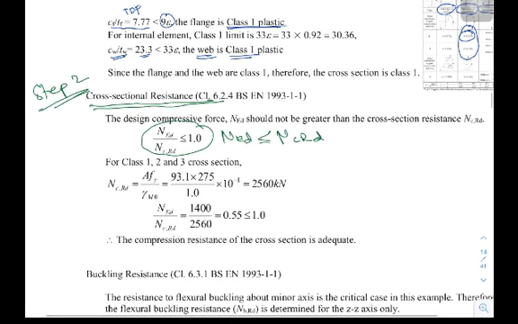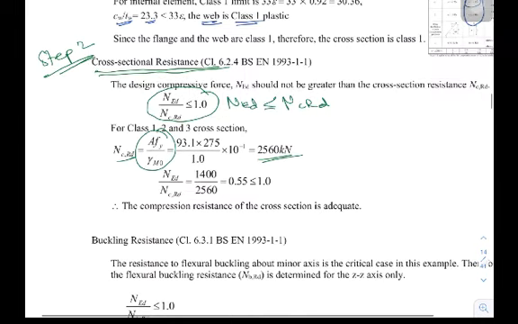And the capacity, the resistance designed for axial of the column is from this formula, and the value is 2560, and you can see here that the capacity is more than the design load, which is less than 1.0, so the section is adequate for compression